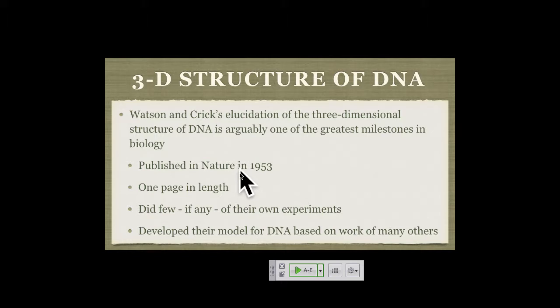So this Nobel Prize winning paper that was published in Nature back in 1953, one of the most prestigious scientific journals for publishing, was in fact one page. So just a one-page paper ended up leading to the Nobel Prize. The other is they've been criticized because they didn't really do any of their own experiments. Although I'm in the camp that believes that this is still good science. They took the ideas from several other people, put them all together, and made it into this important model for us understanding the structure of DNA.